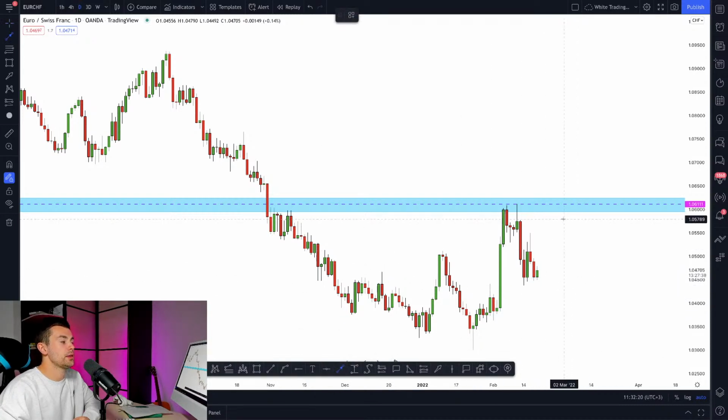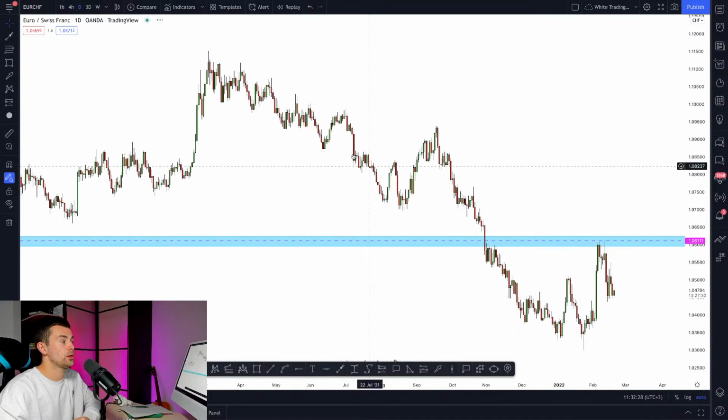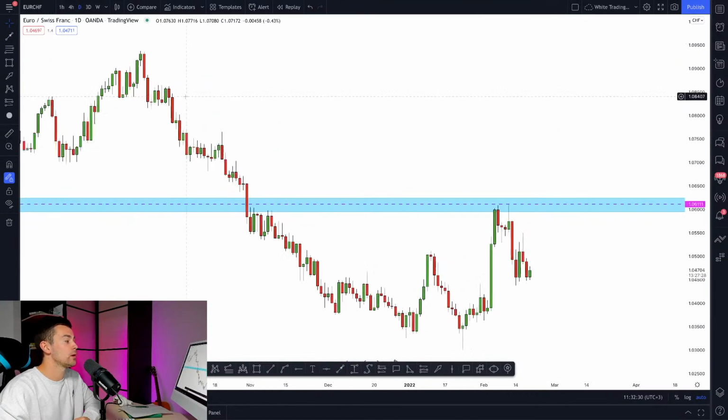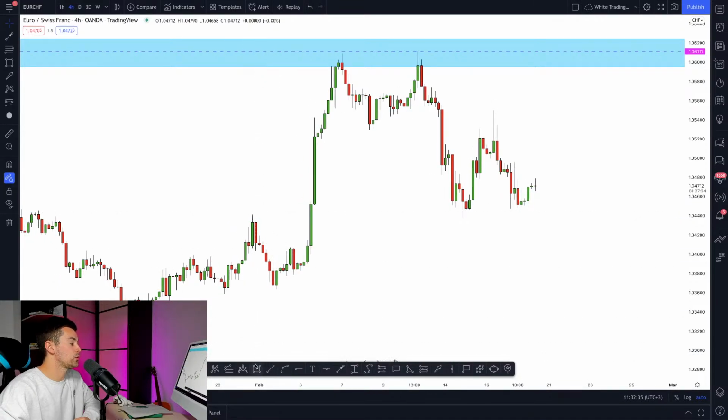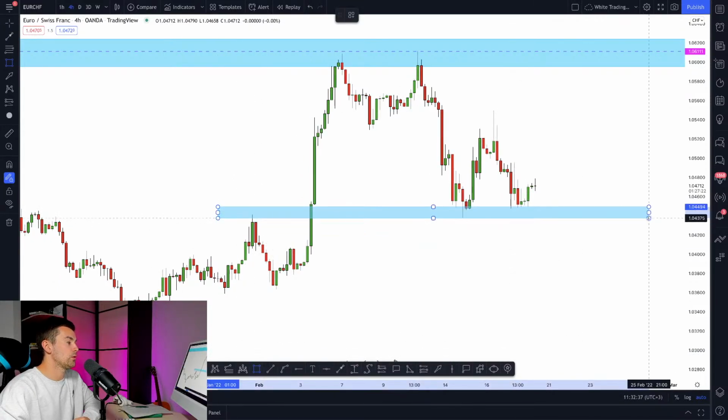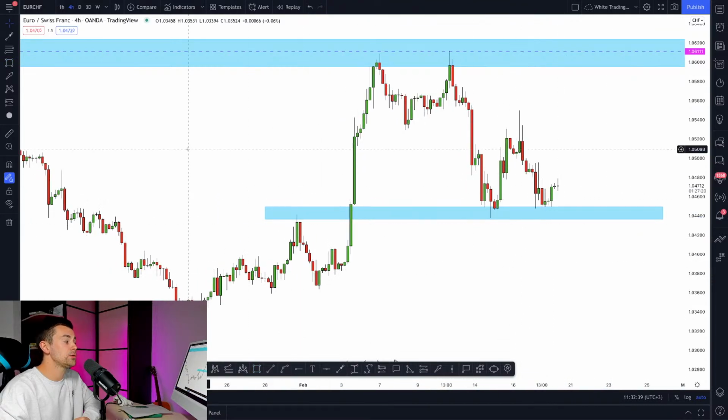I believe that the pair will keep falling. I believe that on Euro Swiss we can expect a bearish continuation because the market right now is trading a very strong bearish trend. For now, the confirmation that you can look for to short is a bearish breakout of that structure to the downside. For now, it is a minor intraday structure, and for now, the price respects that.